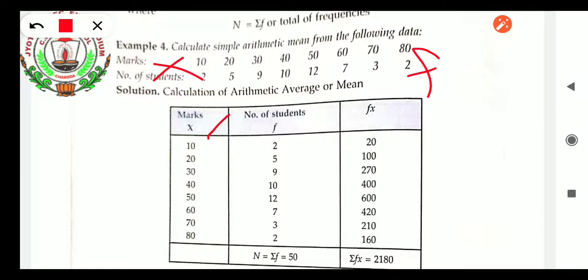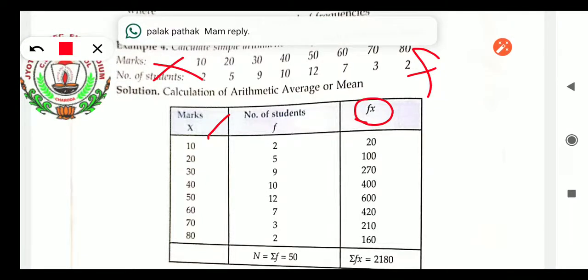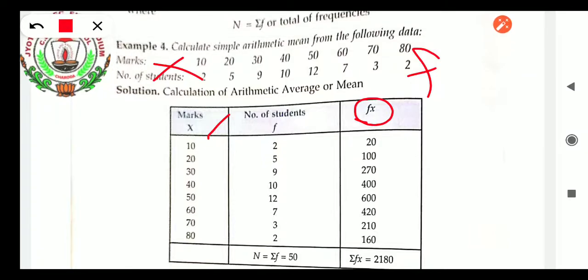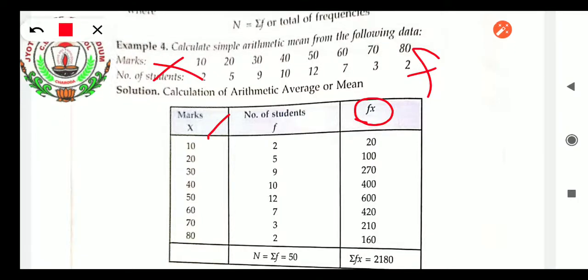Now for the sum of fx, what will we be doing? We will multiply marks and the number of students. You can see 10 into 2 is 20, 20 into 5 is 100, 30 into 9 is 270, 40 into